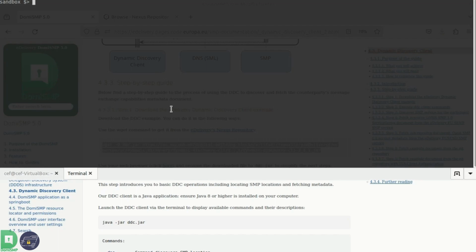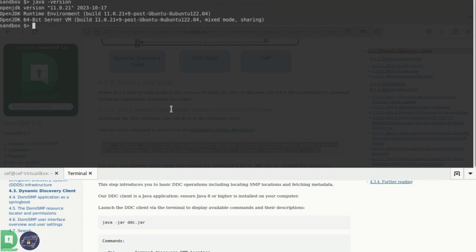And please note also that to execute these commands, you have to have Java installed. In my example, I have Java version 11, but other versions from JDK 8 onwards should work fine.